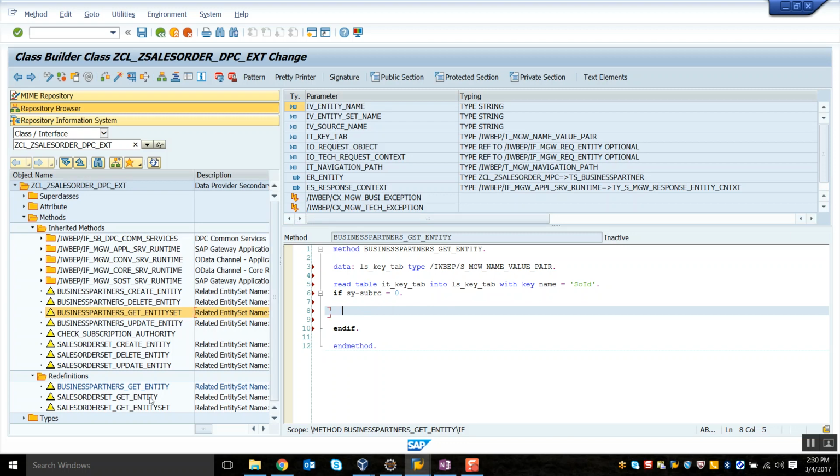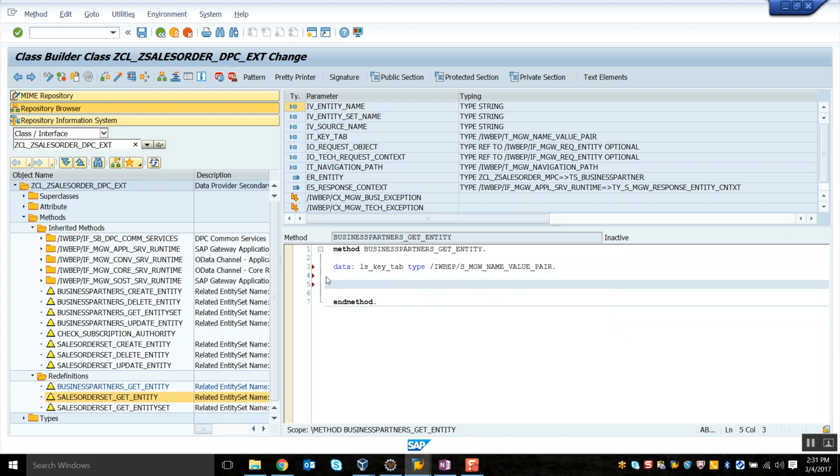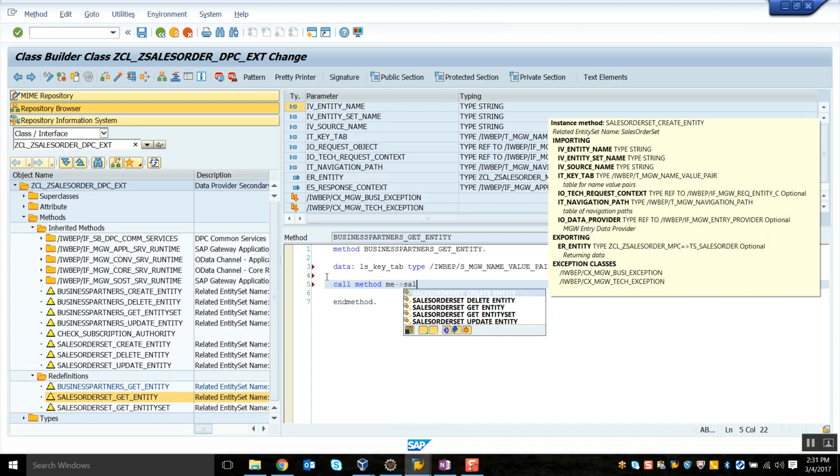and now with this key field information, I'm going to read the sales order detail. Now that we have already implemented this get entity method, instead of calling the function module and reading the value again, we can directly read the value from here. So to get the sales order detail, we can directly trigger this method, where I'm going to say call method me, in my class there is a method for sales order get entity,